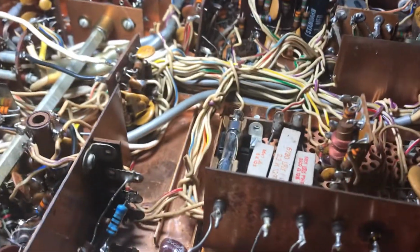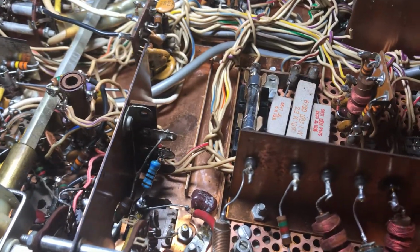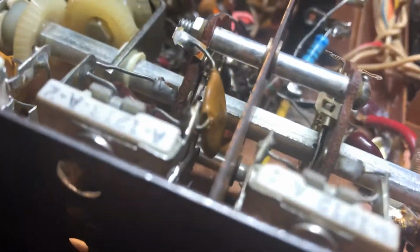Well, lo and behold, I finally figured out the tune problem on this thing after the rig blew up with the 650 volts crossed into the 250 volt line. And as you recall, it burned out that resistor, so I replaced the resistor. But what I did not do,